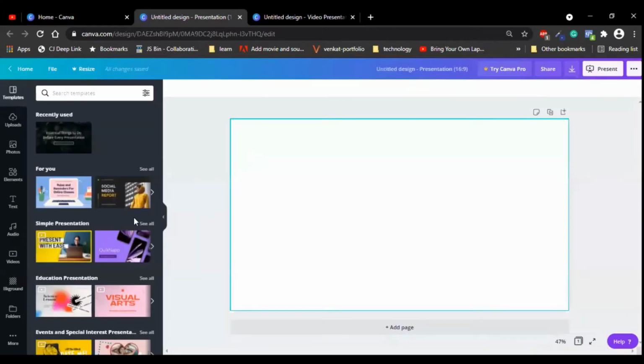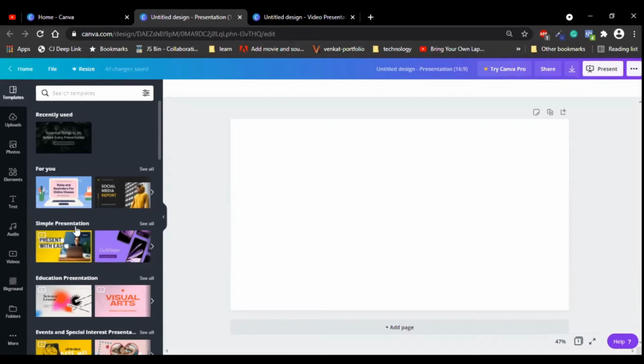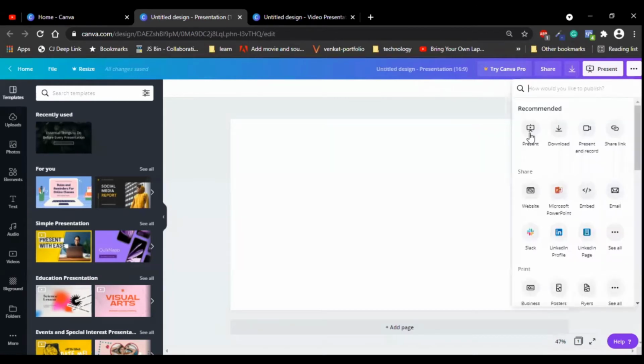presentation template where you can select a presentation from a predefined template. That is the option. If you click these three buttons, you can see present, download, present and record your presentation, and share link. This present and record option is now available in Canva 2021. Like if you